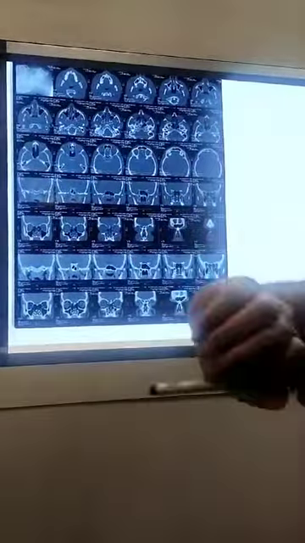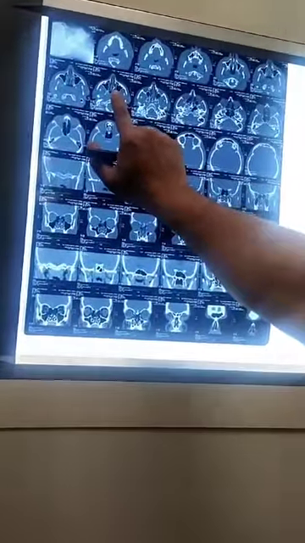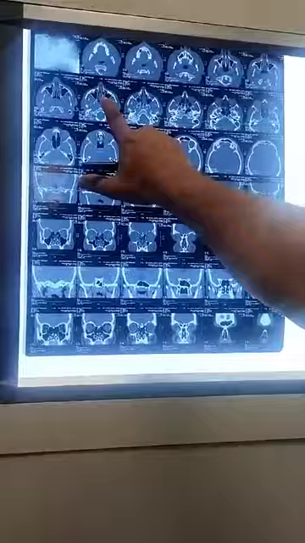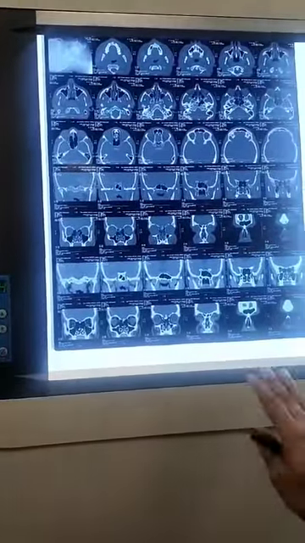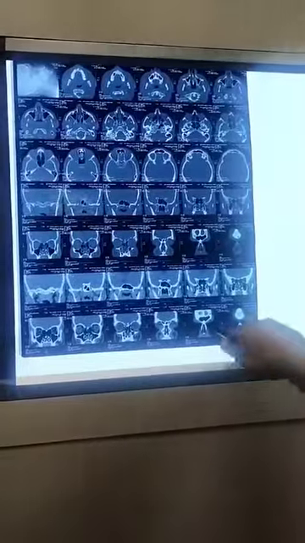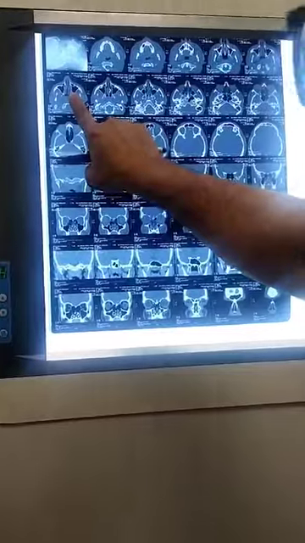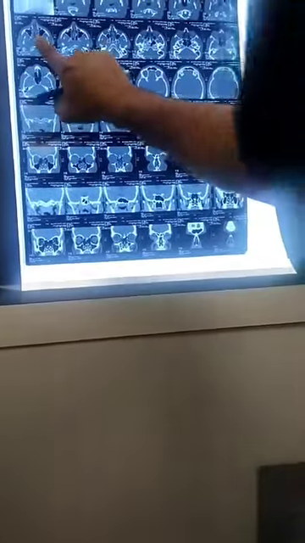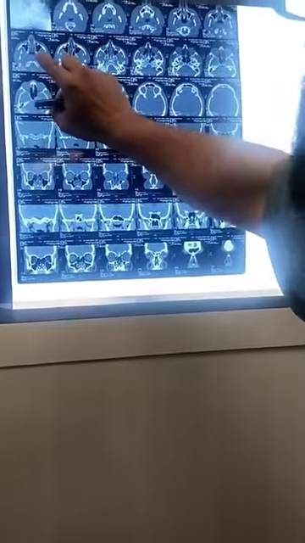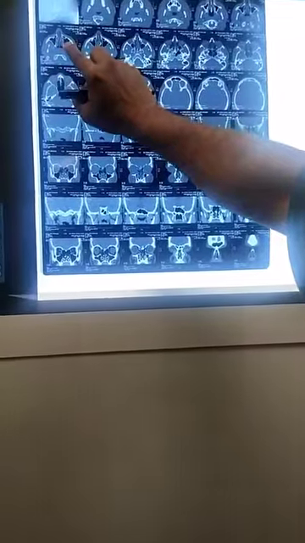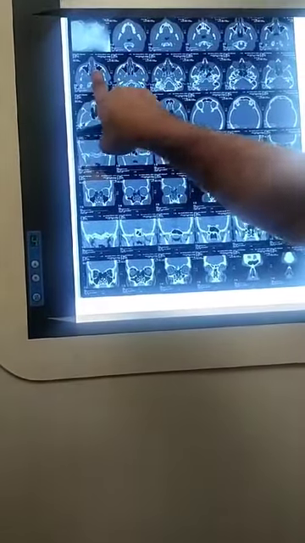Okay, now we come here. You can see here, particularly this part, is a very sharp, angulated bony part. What is it called? Spur. So by definition, spur is actually this shelf-like projection which is impinging onto the middle turbinate. See? You can see this is the middle turbinate maintaining its contour as a whole. But the contour of the middle turbinate has been hindered because of the angulated shelf-like projection which is impinging